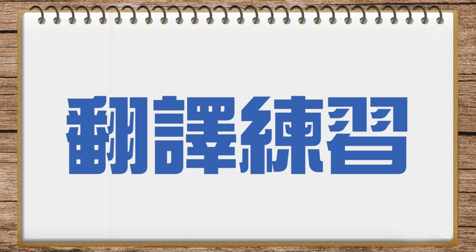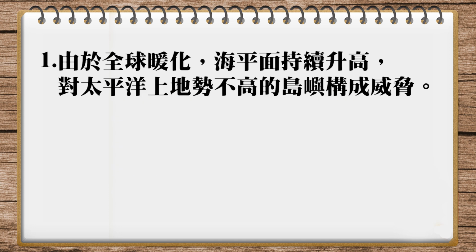Today we have a translation exercise for you. As you know, that's one of my favorite kinds of lessons in the whole Ivy magazine. 好，第一题由于全球暖化，海平面持续升高，对太平洋上地势不高的岛屿构成威胁啊。那由于全球暖化啊，当然我们可能直接想到就是